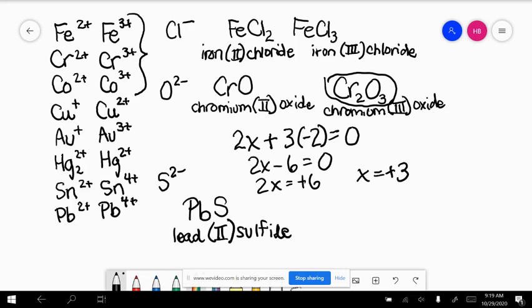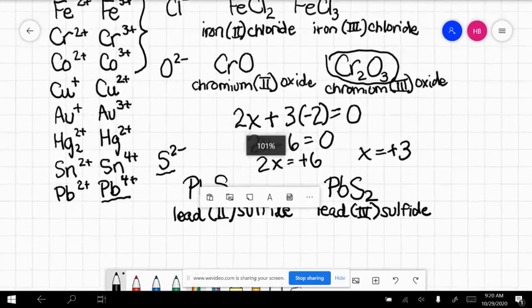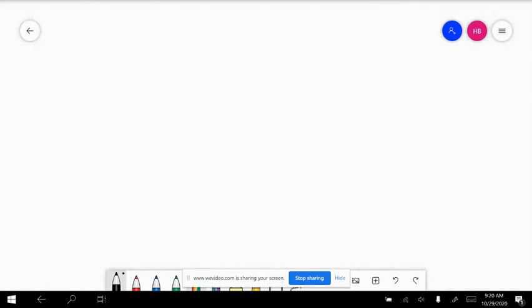If it's with lead +4, if I have 4 pluses in the front, I'd have to have 4 minuses in the back. That's going to make it so I need 2 -2 sulfides, and this would be lead 4 sulfide. So this is how we do variable charge metals. Let's continue on and let's talk about